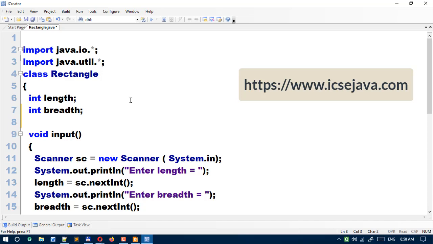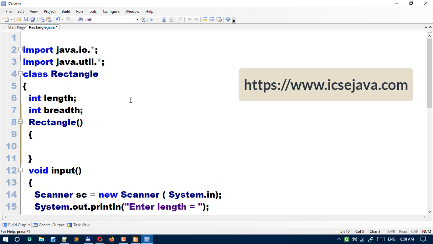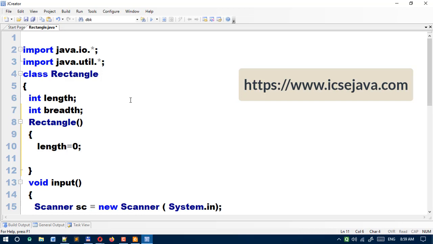See how. This is the default constructor: Rectangle, then brackets. So this becomes a constructor. Length equal to 0. This is the initial value of the length. Then breadth equal to 0. So this is a constructor.